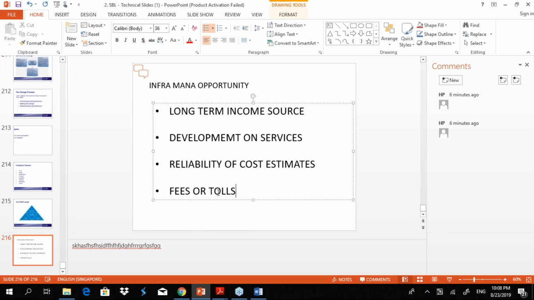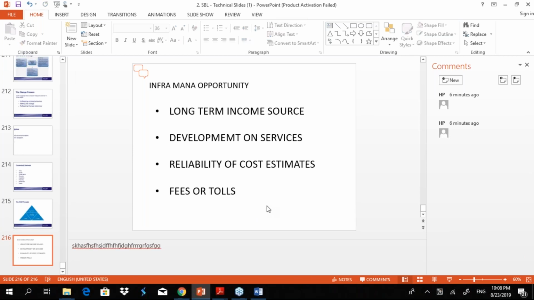The problem is if they put a toll, then people might use alternative routes. Then the income will get affected.